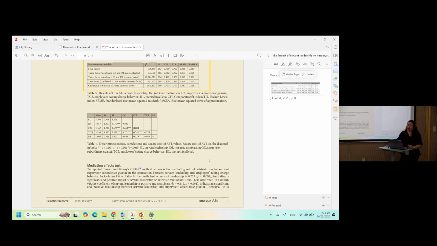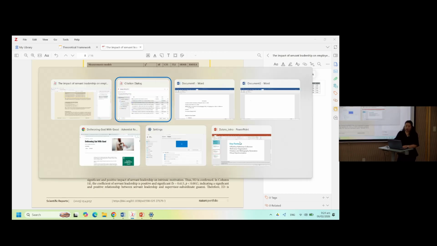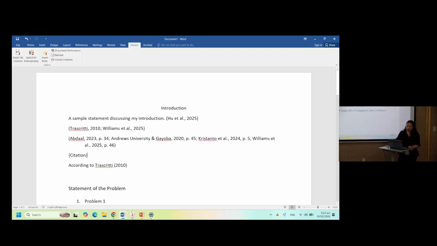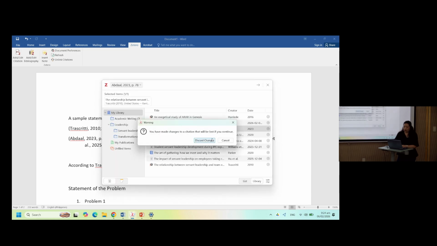But this one, the one that we did, this is when you want to cite and you don't have the PDF in Zotero. So you'll have to do it manually. And say, for example, you just suddenly thought of it and you remembered it from the book, then you know how to add it by yourself. Okay, so that is how you do it.